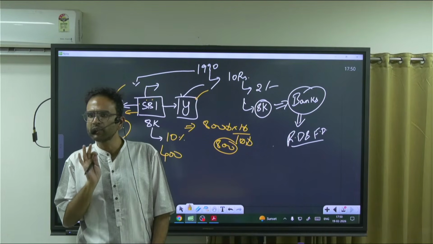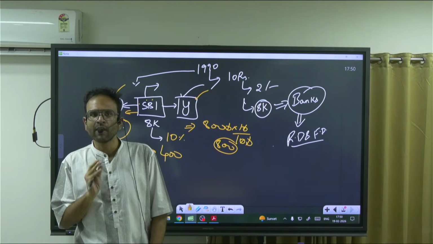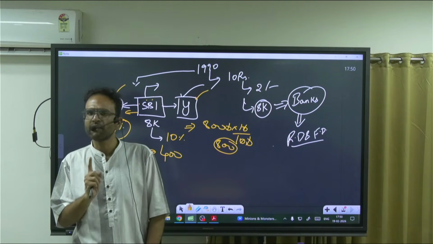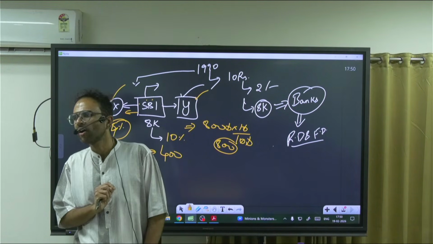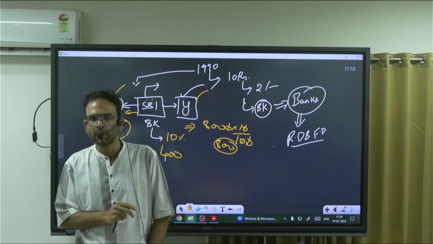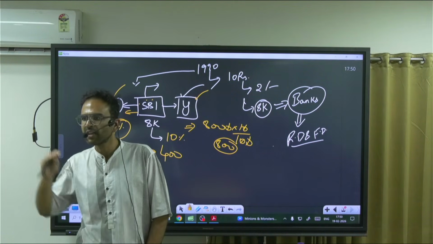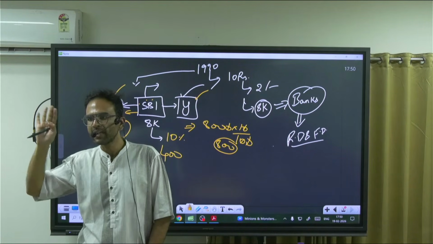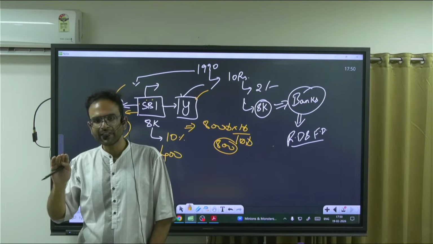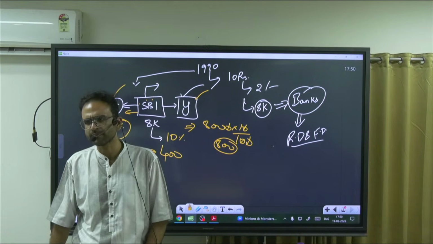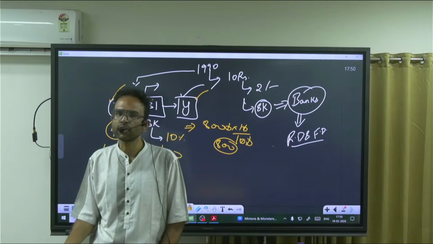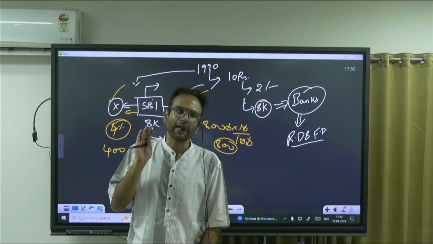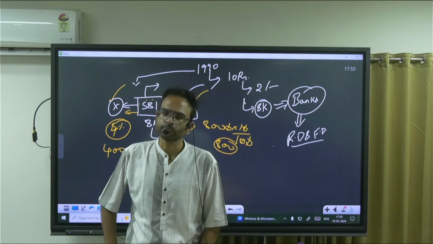If you are someone who is just entering financial markets and you want to make some money in the long term without being greedy, the first area in a healthy economy you should be investing in is banks. Pick up the top 3 banks in the Nifty 50. What is Nifty 50? The top 50 companies of our market. Within that you will definitely have banks, because without banks the economy won't function. And if the health of that bank is bad, consider the Indian economy to be in bad shape.